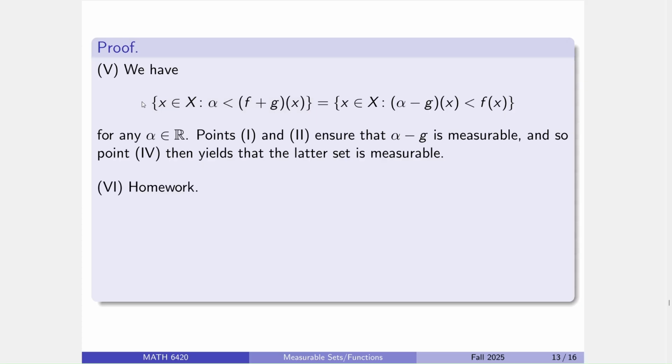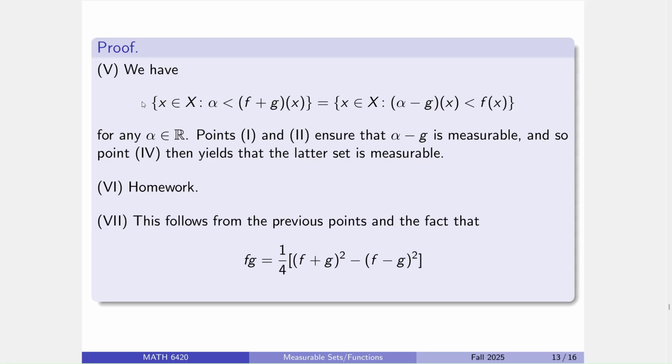Yeah. Now for squaring, I'm not going to steal victory from you. That's going to be your third homework problem. So enjoy that one. And then from there, you can prove that producting will be measurable, because products can be written as follows. And note, we pulled this exact same trick for Riemann integrable functions.